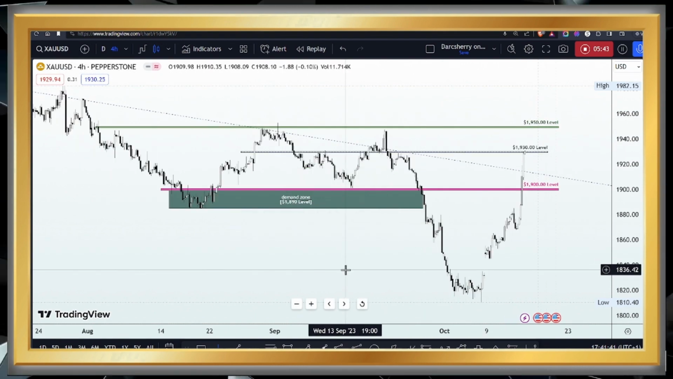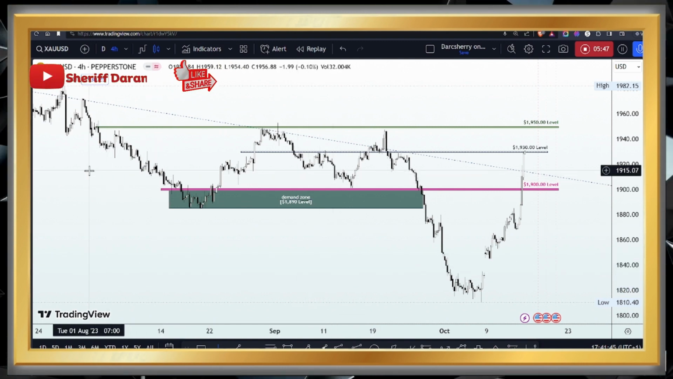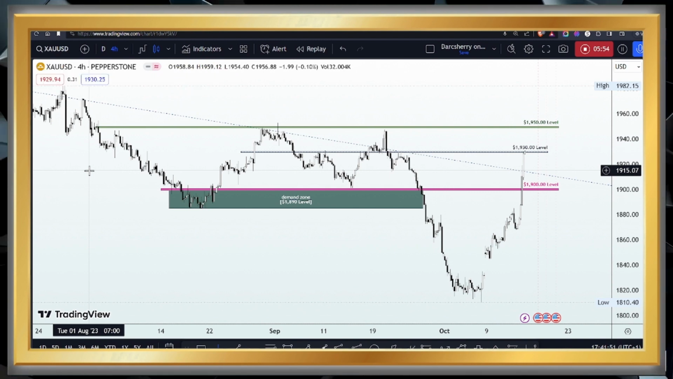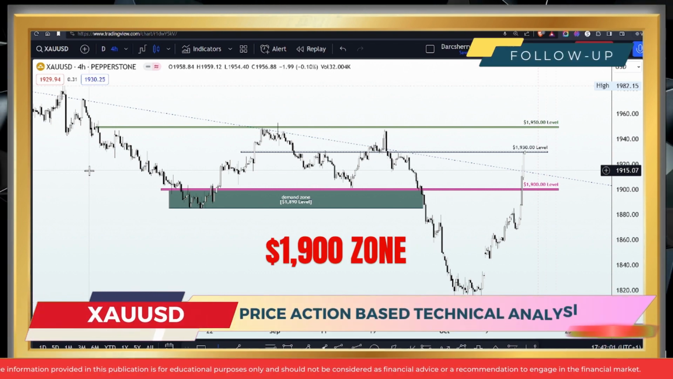Now, if you look at this structure closely, what I did here was to take into consideration the nature of price action in the last couple of months, to be precise from August till this present moment. And the first thing you would observe here is that key level, which I spotted on the daily time frame here, and that is the